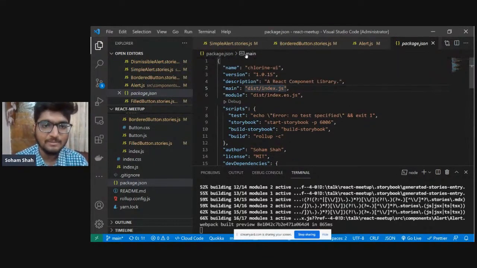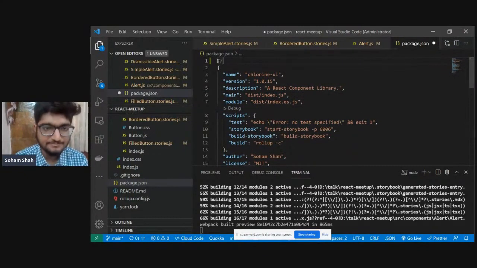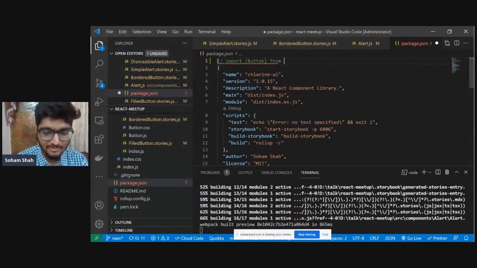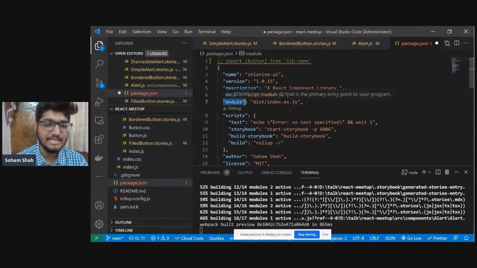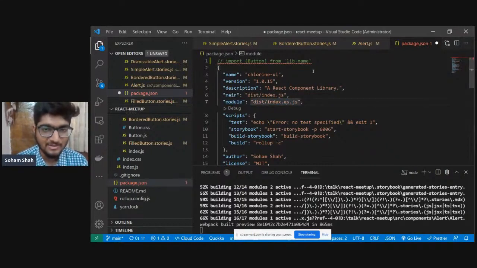So whenever I do something like import button from the library name, I should get the button. So what is the main file it is referring to? It is index.js, and we are also defining that if it is using ES6 module syntax, then take this index.es.js.